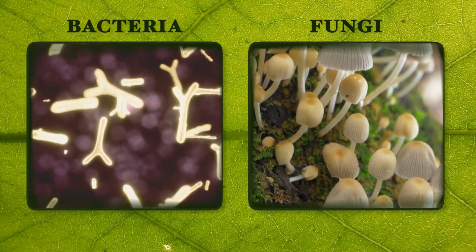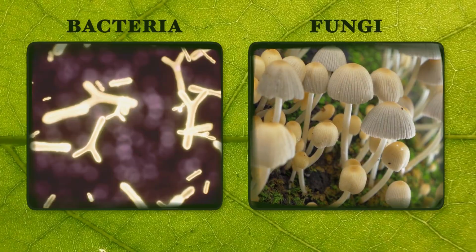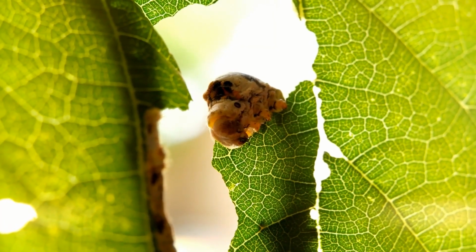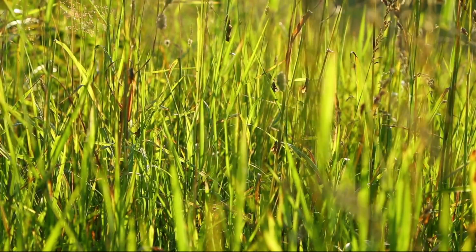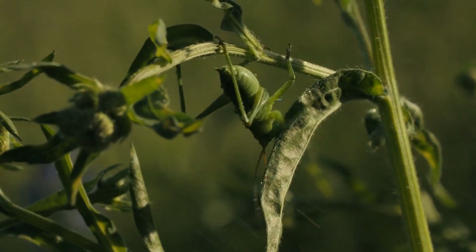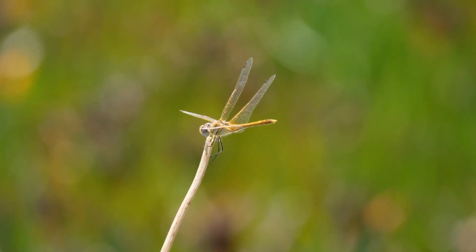Bacteria and fungi are going to be the most important base of your food web. A lot of insects are going to consume various parts of plant matter. The most abundant organisms on the island are going to be insects, whether it be from potential grazers all the way up to your predators, which are going to be dragonflies.